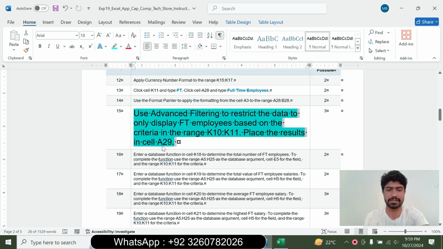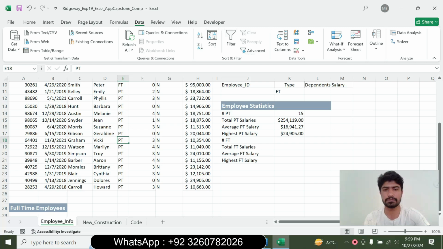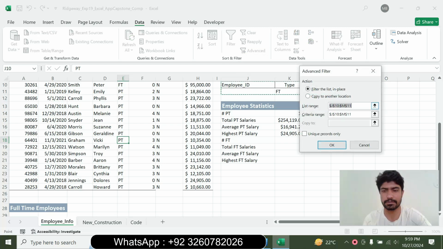Place the result in cell A29. Use the advanced filter with the criteria in the cells K10 to K11. Go to the Data tab. Go to the Sort and Filter group. Click advanced, and advanced filter